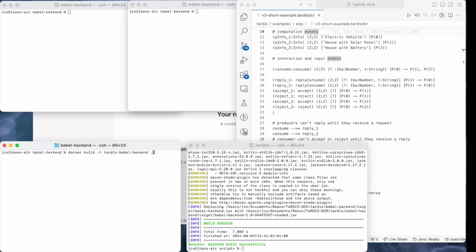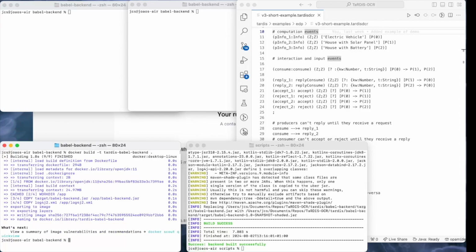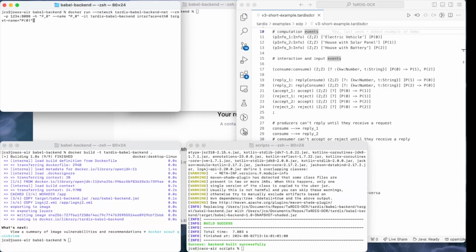Then we just build a Docker image that represents the participants in the choreography, and launch each one of the instances, giving it a name, in this case P0, mapped onto port 1, 2, 3, 4,